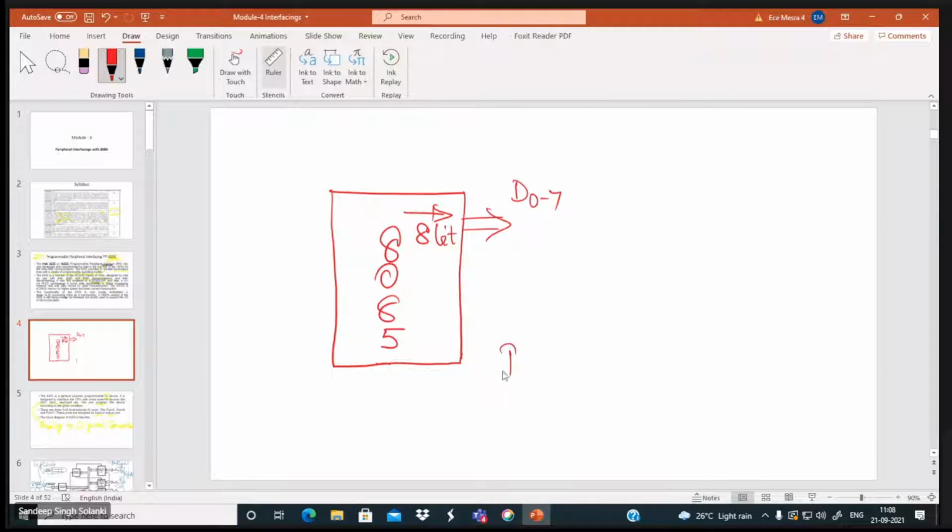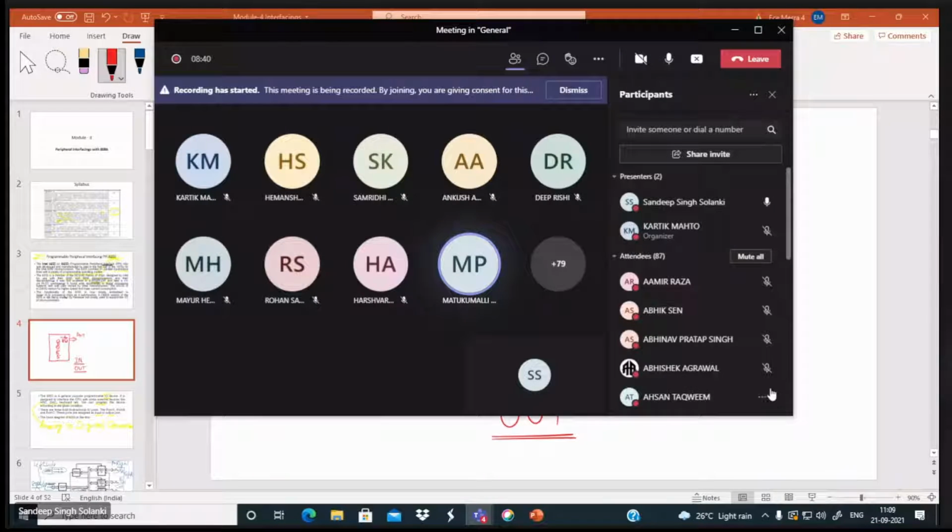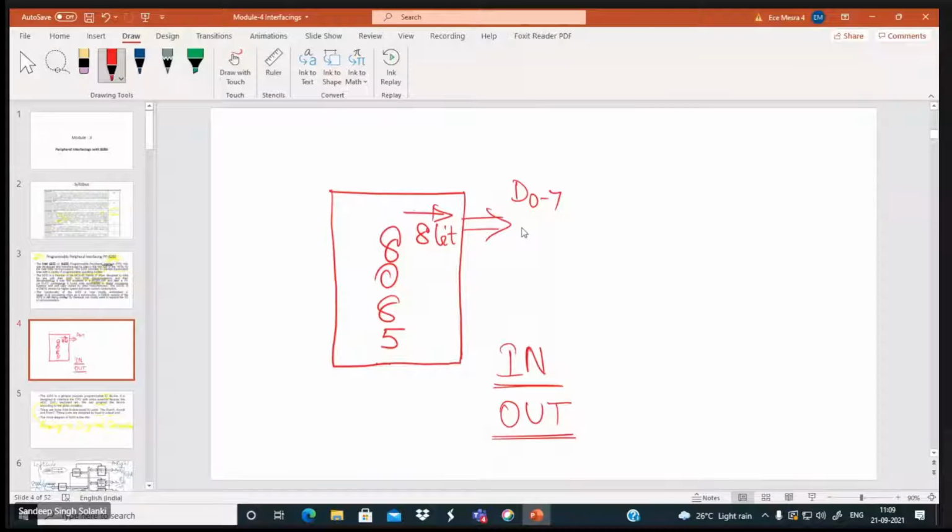And I'm also sure that you will use the instruction IN for inputting the data and OUT for outputting the data. You must have learned these 2 instructions, isn't it? Yes, sir. Okay. So now what I'm asking is how your hardware looks now.